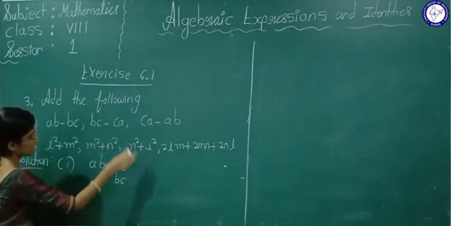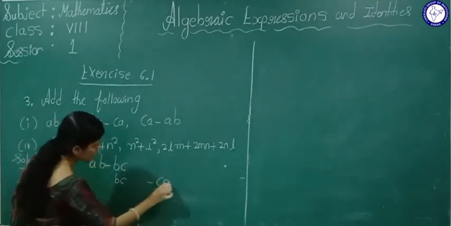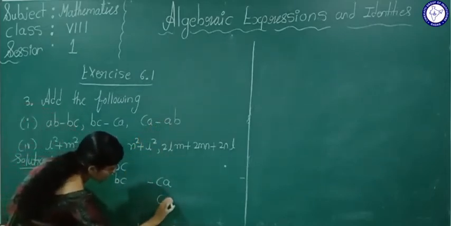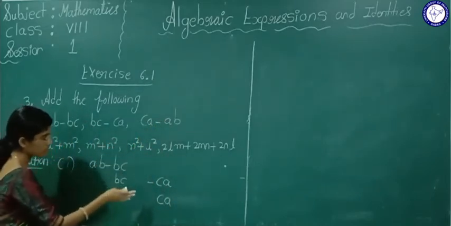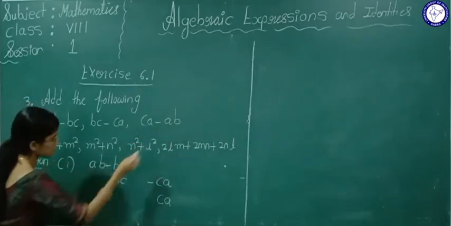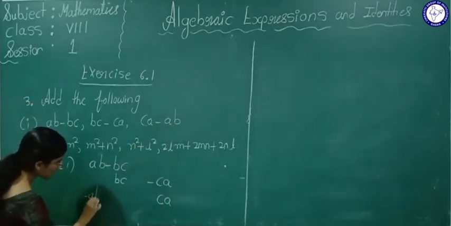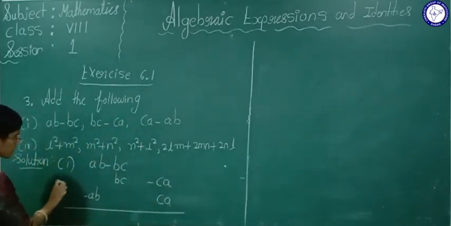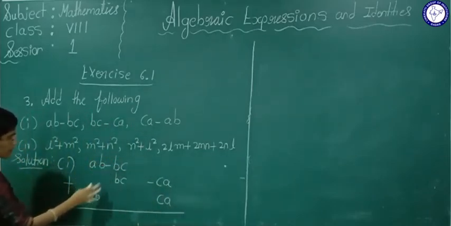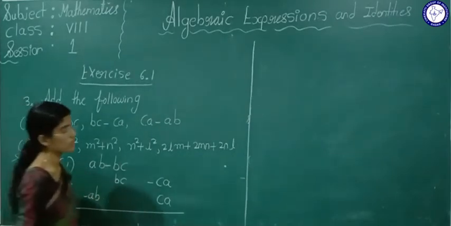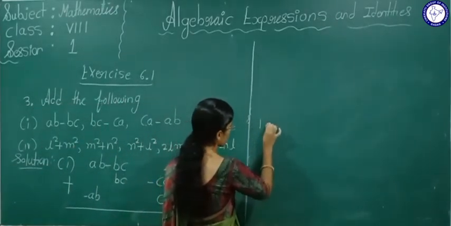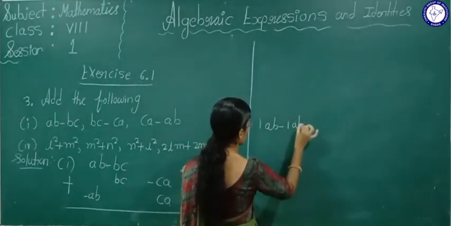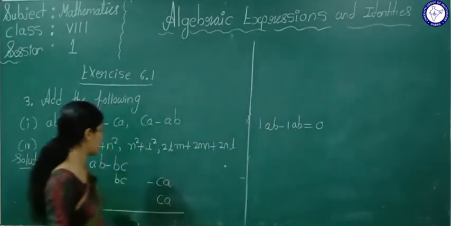After minus CA, we will write here minus CA. CA minus AB. CA, CA, we will write like terms in one side only. Minus AB, minus AB. Now we are doing what here? Addition. AB minus AB. Now see student, plus AB minus 1 AB is what? 0, no? Yes or no?